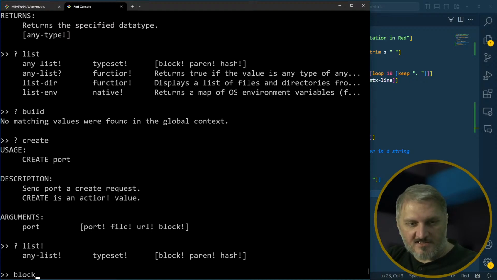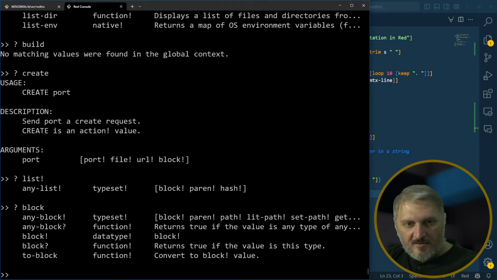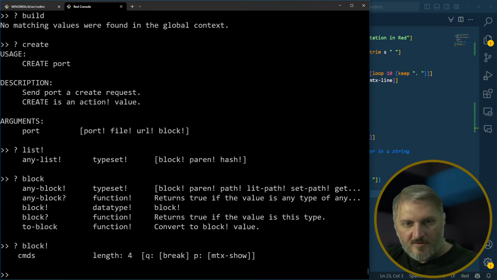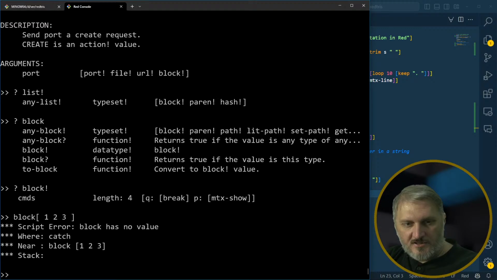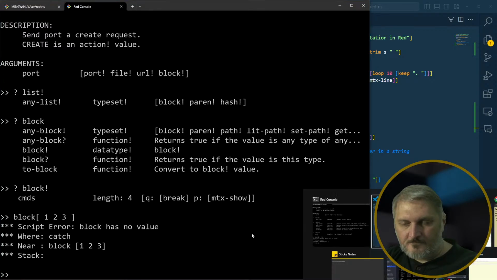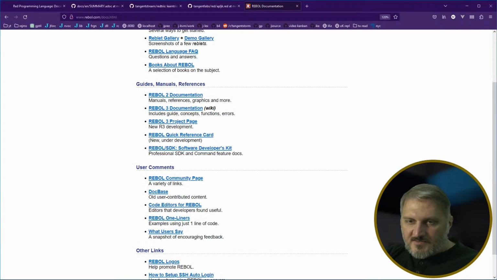They're called blocks, not lists. You say block 1, 2, 3? No. All right, so